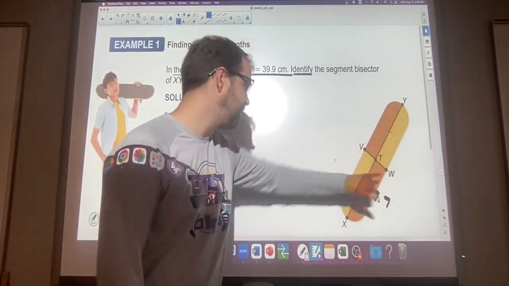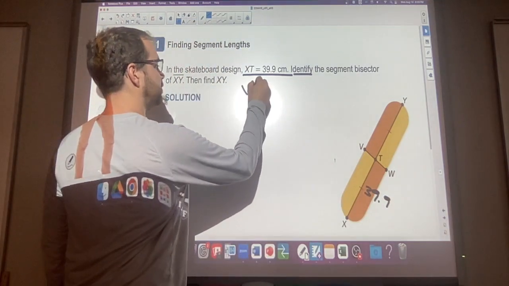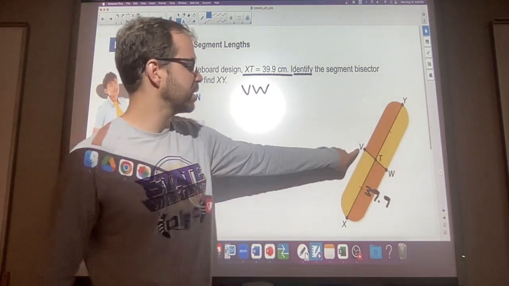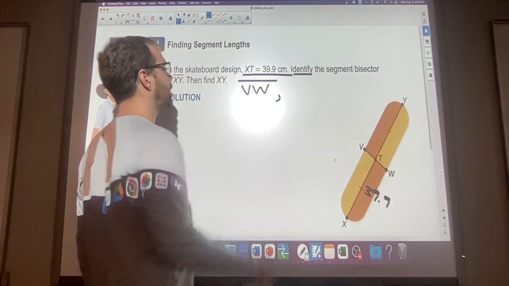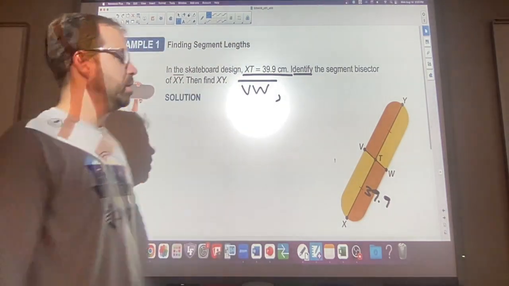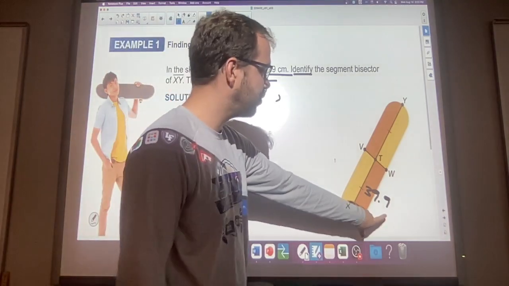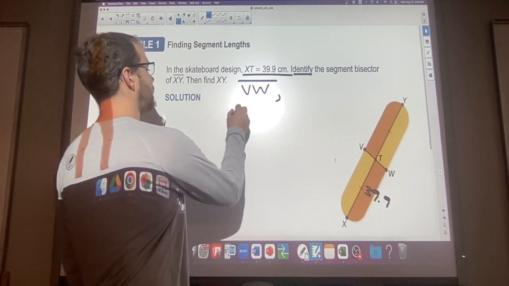That's a segment, because that has endpoints. So we would say that it is VW. That's our segment bisector. It's going through the midpoint. So we say VW, and then they want us to find the length of XY, which is pretty straightforward. All we have to do is take this 39.9 times 2, and we get our answer. So we get XY